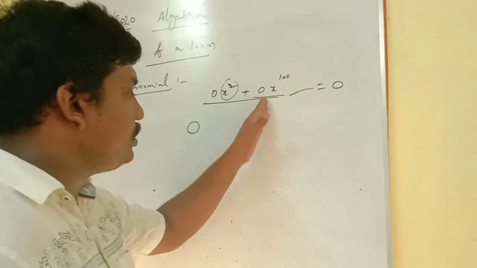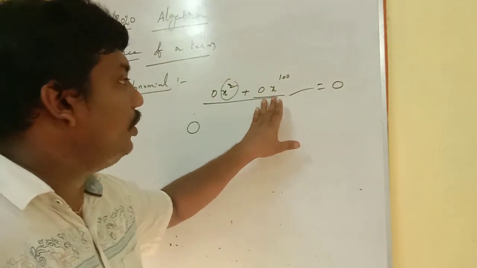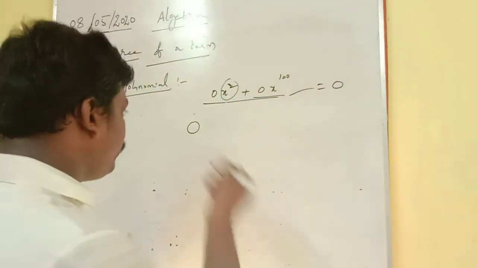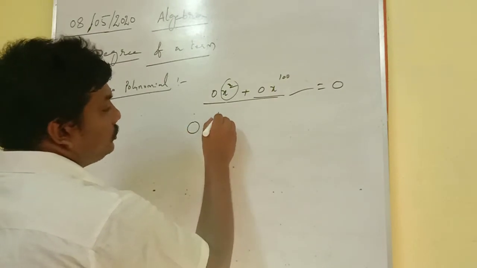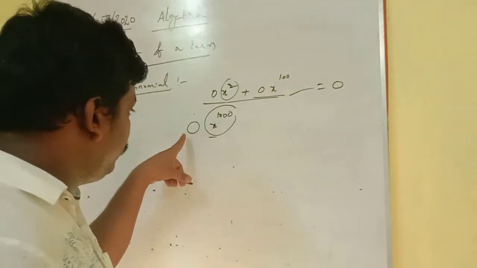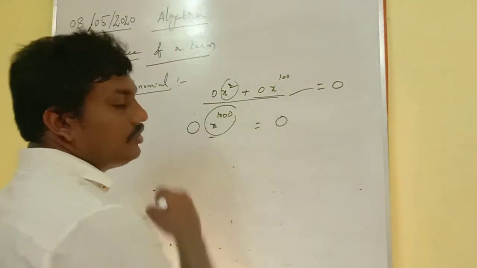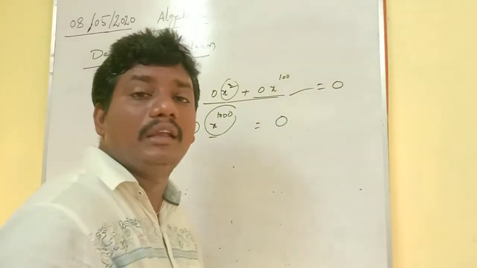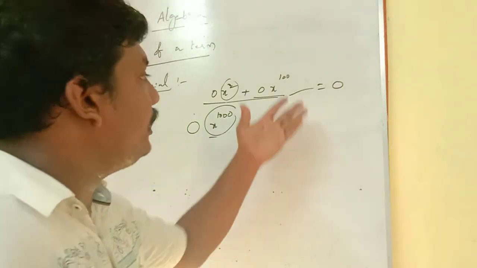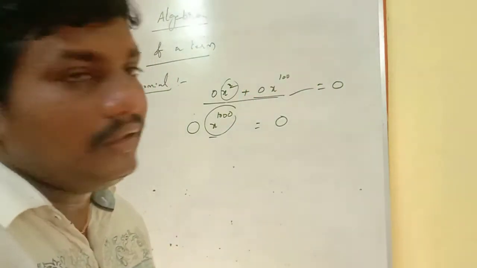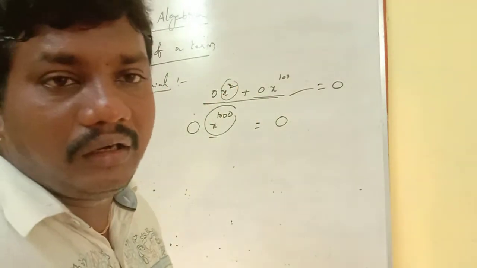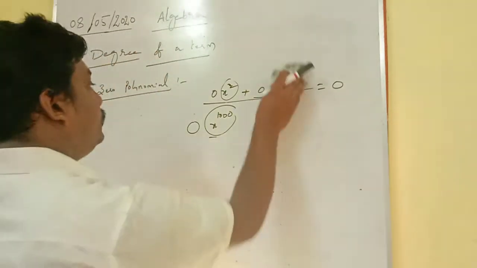So if you take the product of 0 with a 100th degree polynomial or a 2nd degree polynomial, it becomes a total value of 0. If you want to write 0, x power 1000 is a 1000th degree variable, but if you multiply with 0, the total value gets 0. That means we cannot estimate what the degree of 0 is, because beside 0 we can take any number of any degree polynomial. So the degree of the 0 polynomial is undetermined. So we cannot find it.